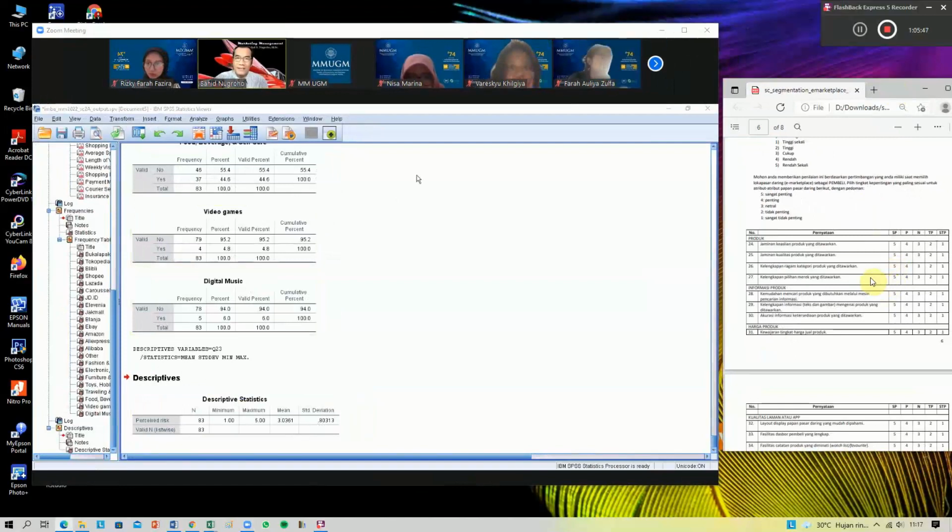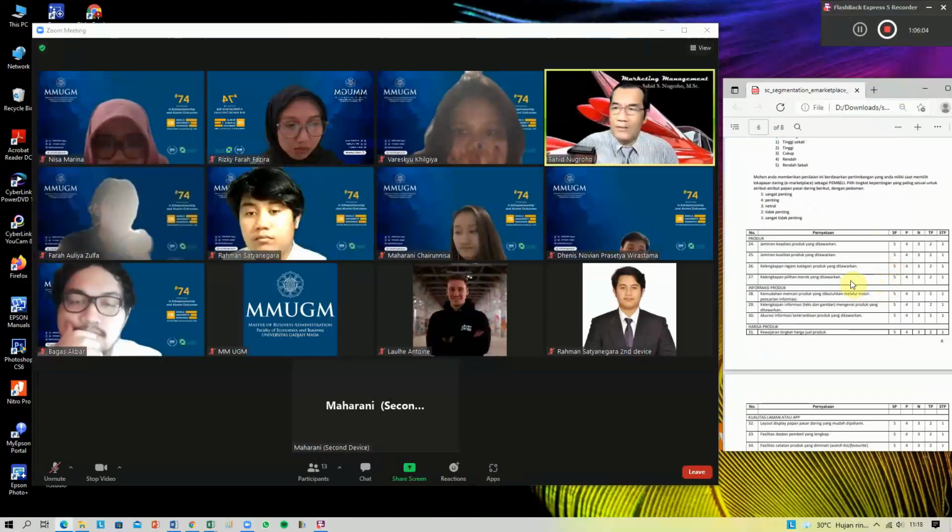So now we use Likert scale, and no, not Likert, sorry, important scale, from 1 very unimportant until 5 very important. Okay, we back to the worksheets.